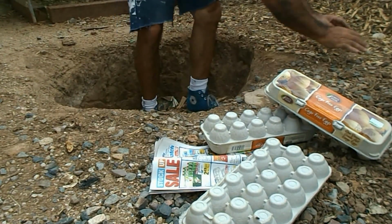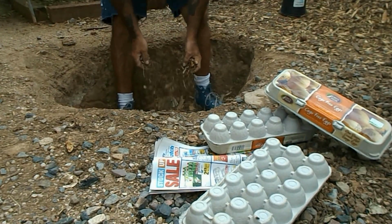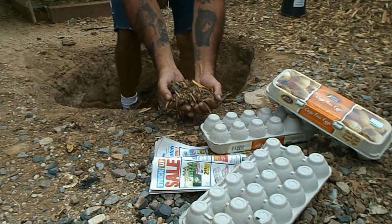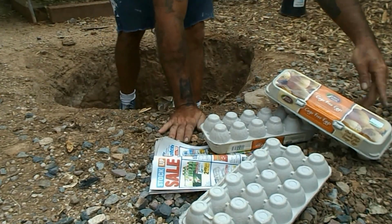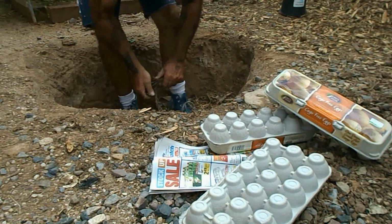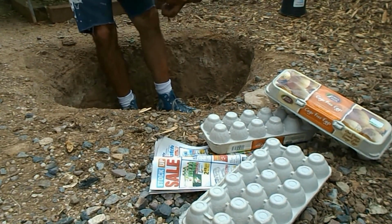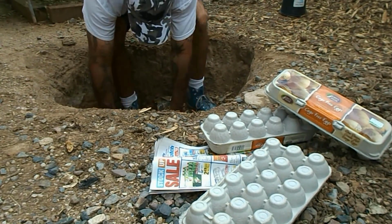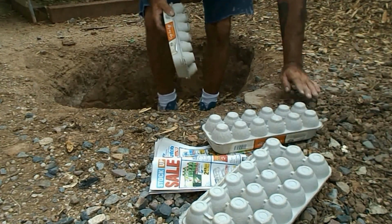I've already thrown some wood chips in the bottom, right? And I got some of the leftover waste from the screening process. All of this stuff here that I spread around, all the waste from the screen. I threw a bunch down here in the bottom, kind of like a sourdough starter mix, a compost starter mix. Right, and I got some wood chips down in the bottom today. Right, we're going to break down